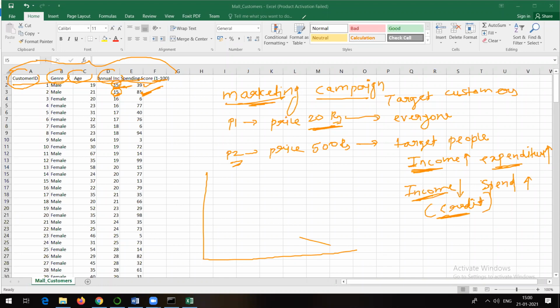So what happens is, if these are your data points, suppose this is your complete data set. Now we need to come up with the clusters, the groups, so that it will be easy for companies to target particular customers depending on their purchasing pattern.